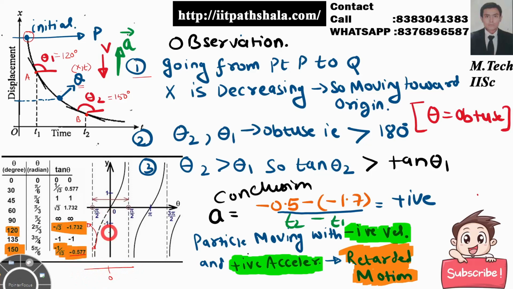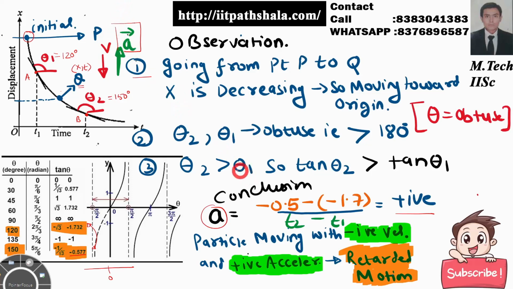Fine with that. Now the concluding part is that because velocity is varying over here, I have to find the acceleration. Just put the value of acceleration as (v2 − v1)/(t2 − t1), in which t2 − t1 will be positive because we are moving forward in time. Put the value of v2 − v1: v2 is minus 0.5 and v1 is minus 1.7, which is coming out to be positive. So as you can see over here, I'm having a positive acceleration, which is going in the positive x direction.